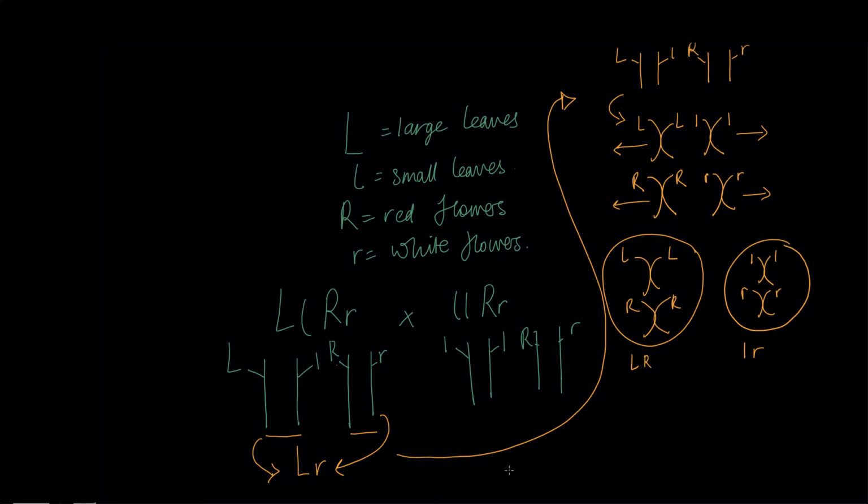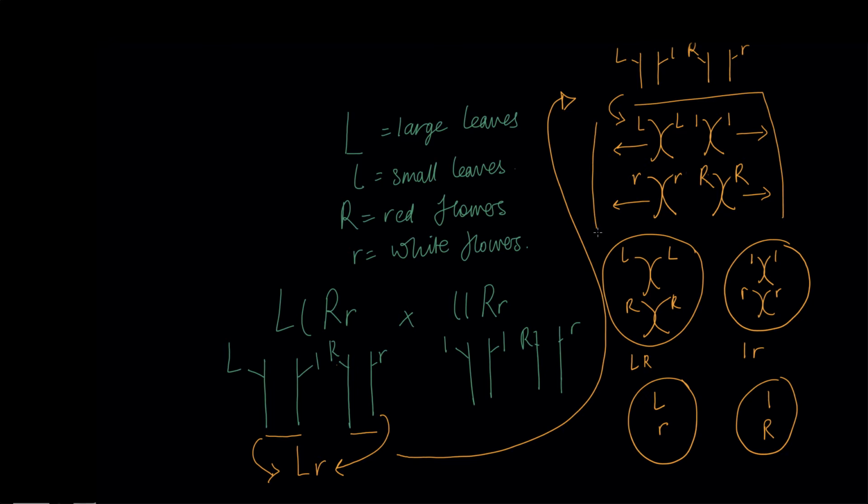Just as easily, we could have had it so the R's lined up in a different way. So when they lined up in their pairs, we actually ended up with little r on this side and big R on this side. And we started off the other way around in the other example. So then the gametes would be big L, little r, and little l, big R. So these are the possible gametes that can be made,